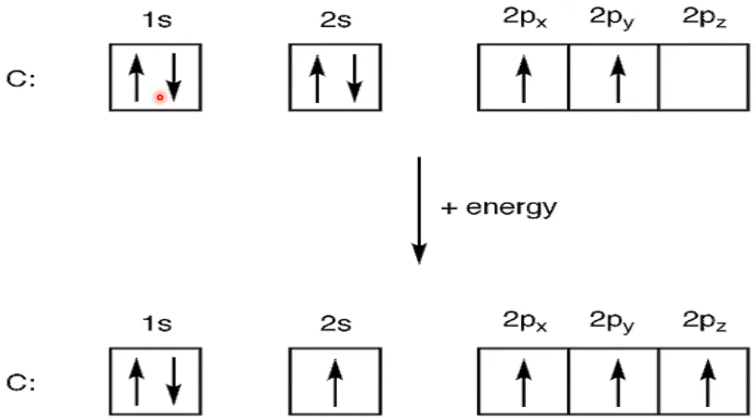Electronic configuration of carbon: 1s2, 2s2, 2p2. Now, whenever carbon wants to interact with someone, it may be chlorine, it may be hydrogen, due to interaction, energy is raised. So, using that energy, one of the 2s electrons will go to the empty 2pz here. So now we will find four unpaired electrons. This we have seen in the case of sp3 in methane. Same thing here also, up to here same. Now what happens here? Please see.